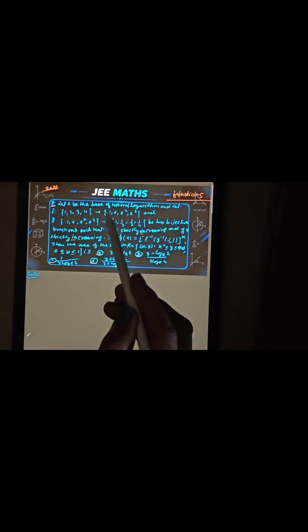This question is from JEE 26 Maths Function chapter. The question is: let e be the base of the natural logarithm and let f be such that within bracket 1, 2, 3, 4 mapping to within bracket 1, e square, e cube, and g is such that within